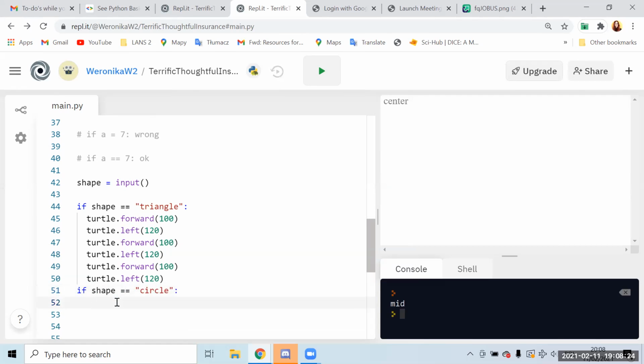And then if it's a circle, then we just create a circle. And if it's not a circle, then if it's a square, then you just need to draw a square. And this is everything you need, even though we do kind of complicated things here. So even though we draw things on the screen, even if we're communicating with the user and so on.